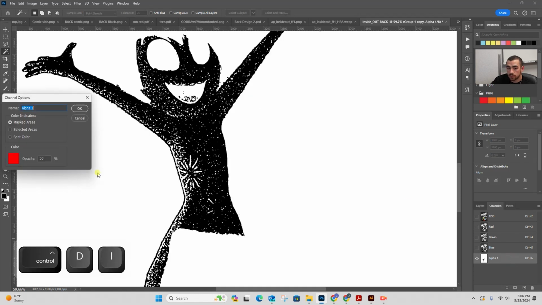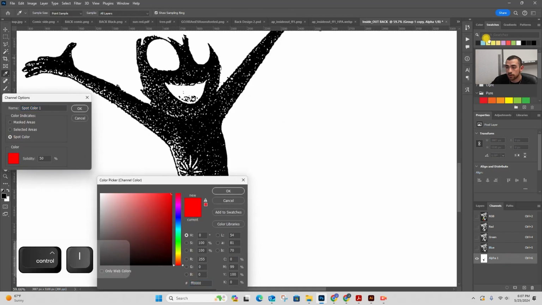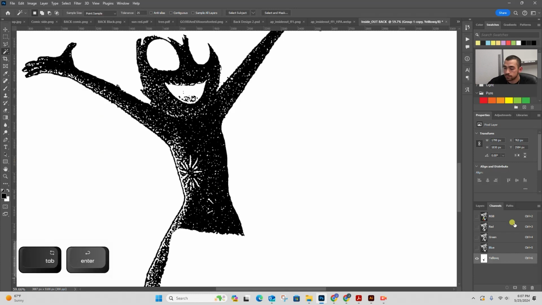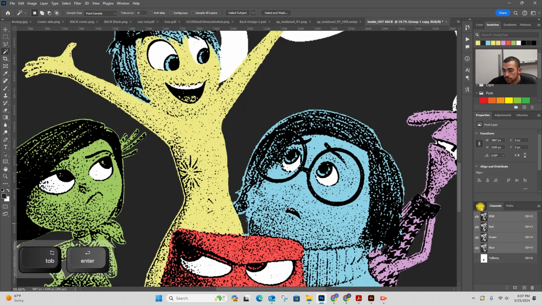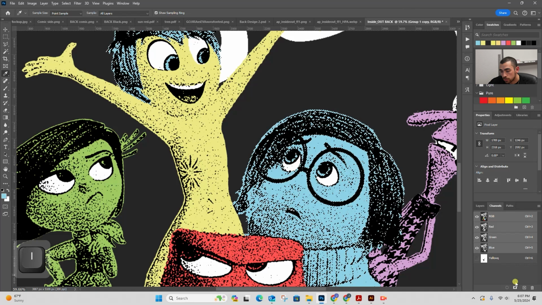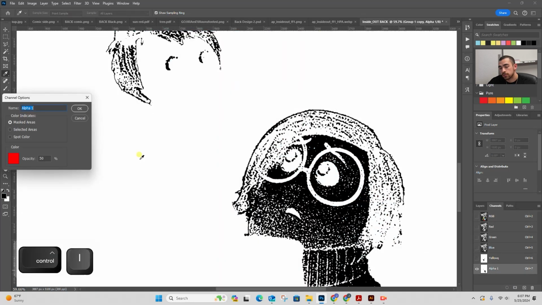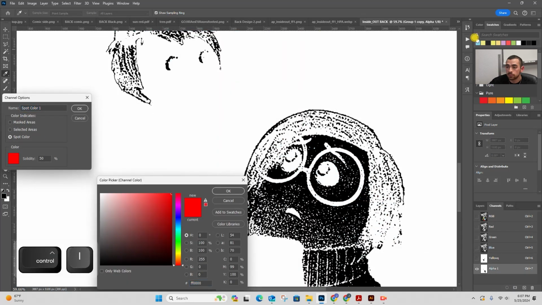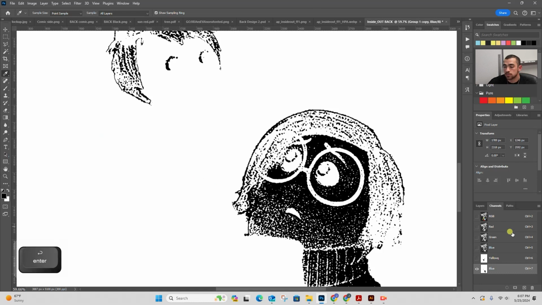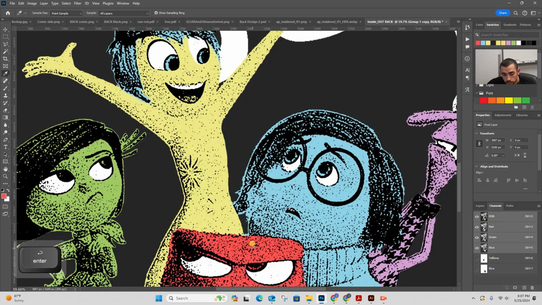Invert it, double click it, go to spot color, and then grab that yellow we used. Yellow, and then 15. Doesn't matter about the name. I know how to spell it. Grab the blue. Grab the blue, channel, invert, spot color, blue, okay, and repeat on all the colors, red,